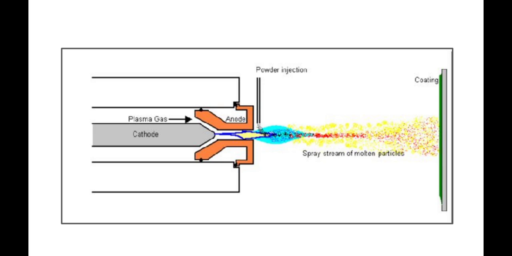A DC power supply is used to supply high density current into the circuit in which the copper body is made an anode and the tungsten electrode a cathode, and a high density arc